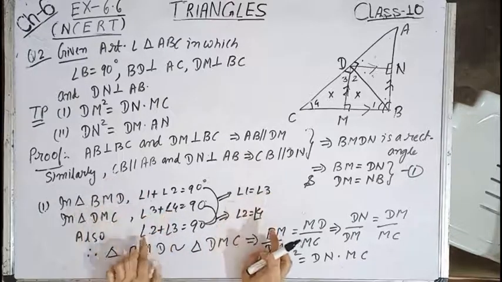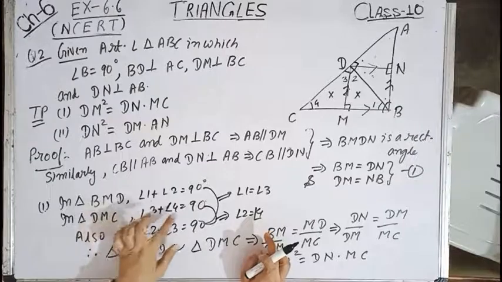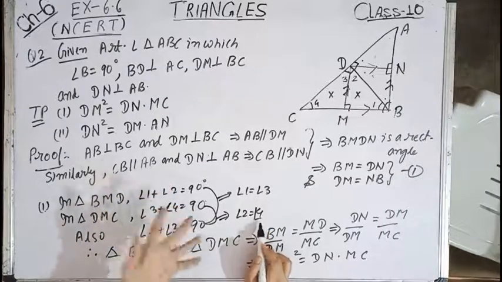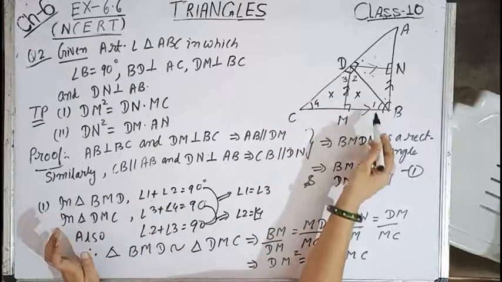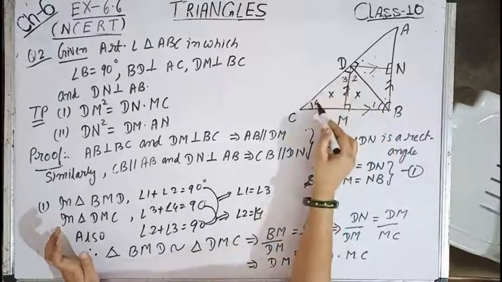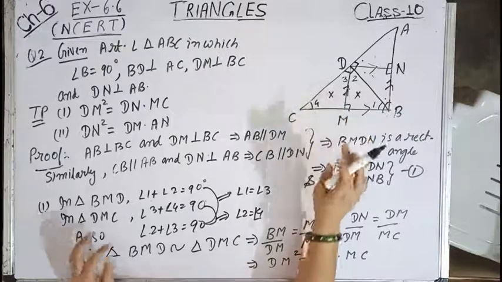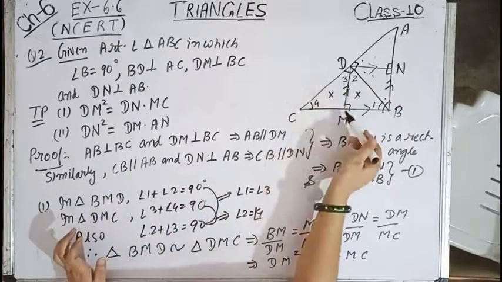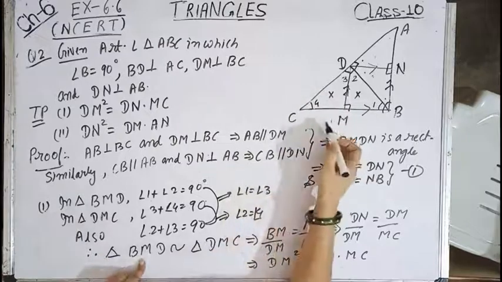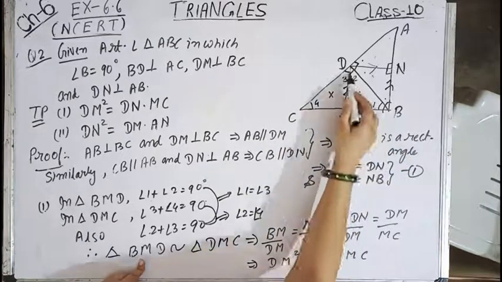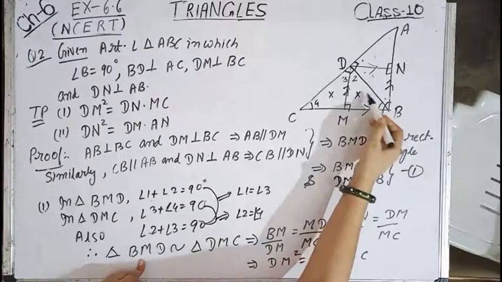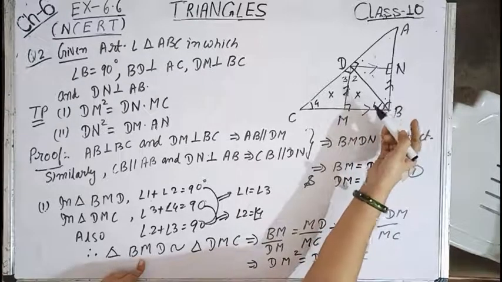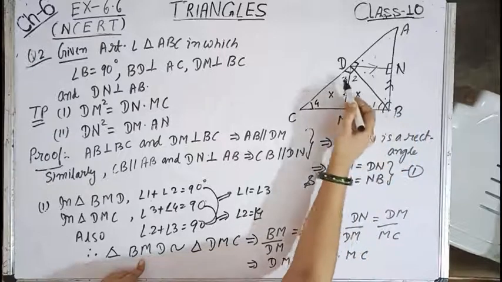And 3 plus 4 equals 2 plus 3 will imply, see over here 3 will be cancelled, 2 equals 4. So 1 equals 3 and 2 equals 4 implies these two triangles are similar. Now naming plays an important part. Take care, the first triangle if you are naming, suppose I have named BMD. Now see, for this triangle B is angle 1. So angle 1 equals which angle? Obviously angle 1 equals angle 3.